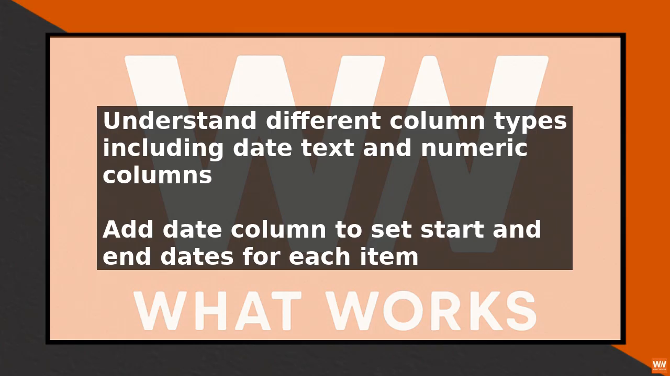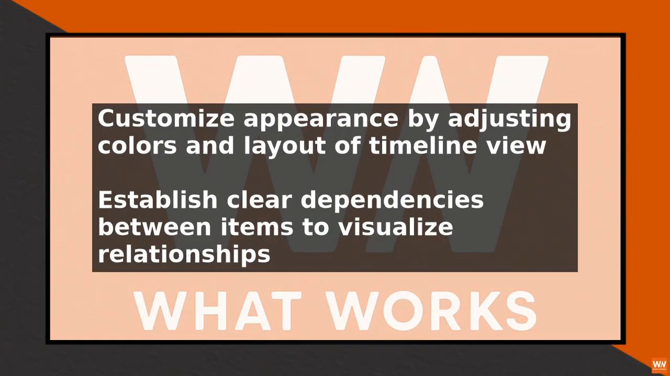To make the most of Monday.com Timeline View, it is essential to establish clear dependencies between items. This allows you to visualize the relationships between tasks and projects, and to identify potential bottlenecks and delays. To set dependencies, click on the dependency icon at the top right corner of the screen. You can then select the items you want to link, and choose the type of dependency, such as predecessor or